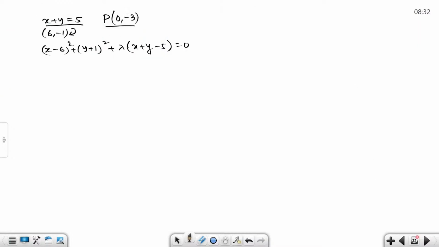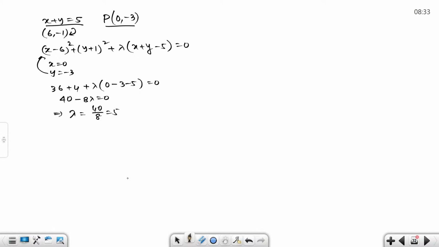Point P must satisfy this equation. So let me put the values x equals to 0 and y equals to -3 in this given equation. So what we are having? So from here we are getting lambda is nothing but 5. Therefore, the required equation of the circle is,